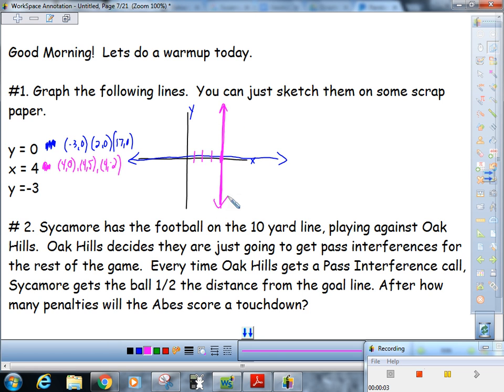Okay? So then finally, y equals negative 3. I'm going to graph that without writing down any points because I think I have a pretty good grasp for what this is now. I got to go down 3. Okay? And those are horizontal and vertical lines. So just an important thing to review before we start today. So far, so good? Okay. So,